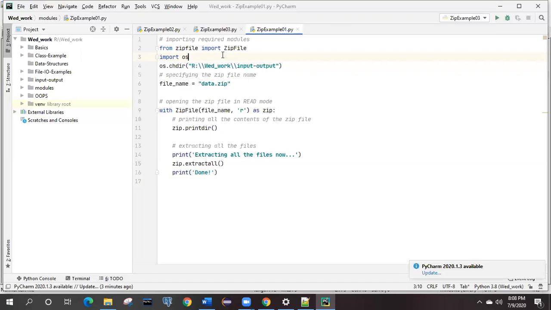Just as we manually change directories and do other things in the command prompt, that is done by os.chdir. chdir is one of the functions available in the OS module for changing the directory, like mkdir for making a directory, renaming a directory, and changing a directory. These are different operations, and for that we have some inbuilt functions.